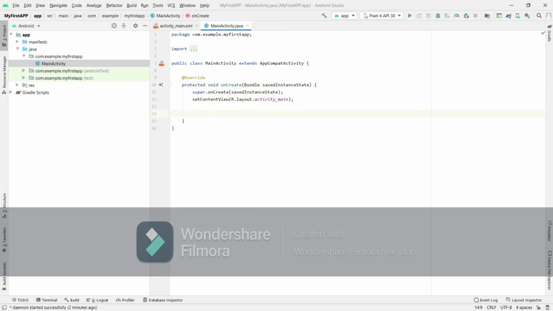This is called the onCreate function. The home page appears. Okay,